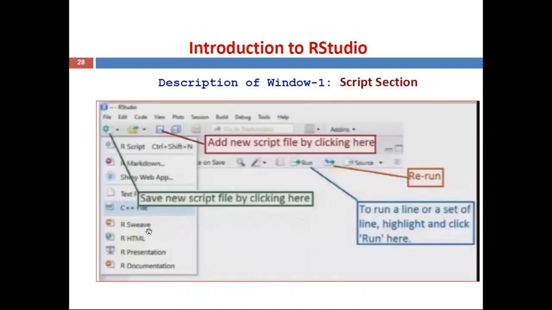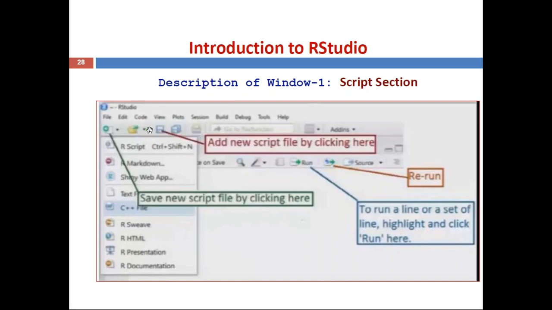Now you can see some more details. When you click on the plus symbol icon in the menu, it shows the new script file option. Then this other one, the save symbol, saves the script file.